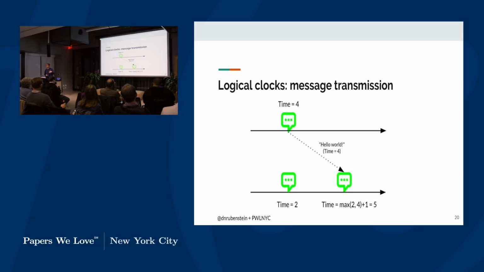Whenever you get a new higher timestamp, you have to account that into your local clock. So those are our 2 concepts. We have partial ordering, we have logical clocks. How do we put them together? We've seen a lot of similar things, right? We have a single process, we have message transmission. Is there some way that maybe we can relate these 2 things in a notion that's helpful?